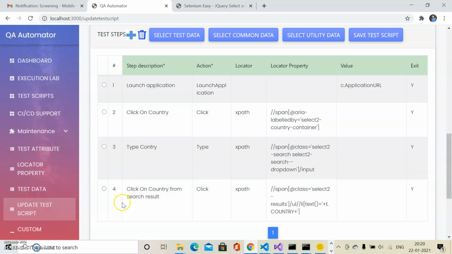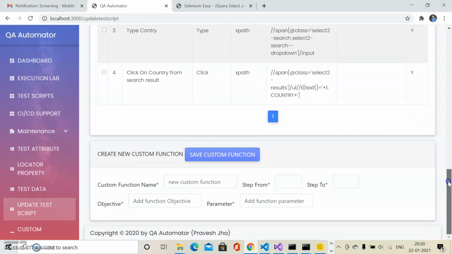Either we can add steps 5, 6, 7, or we can create a custom function for the same. So let me create the custom function. I'm registering step number 224.